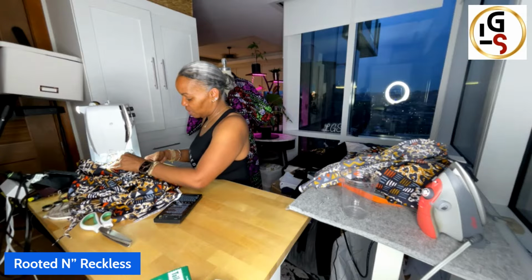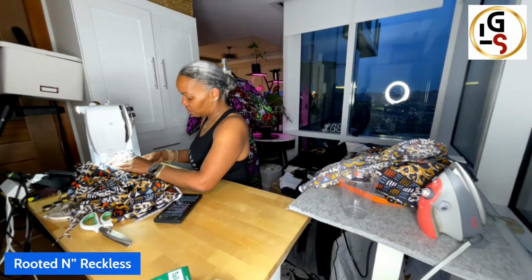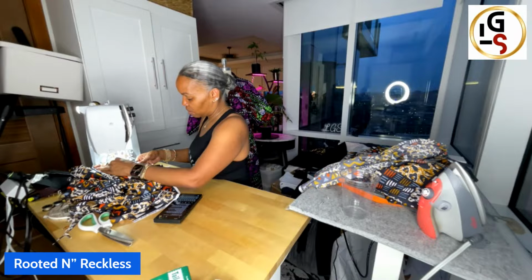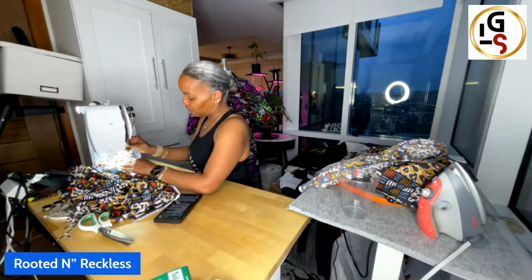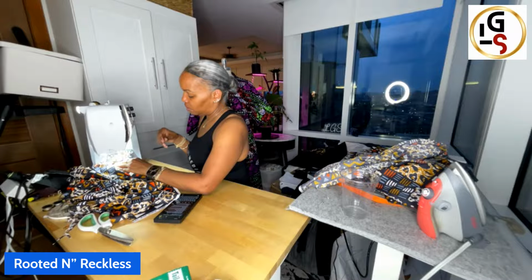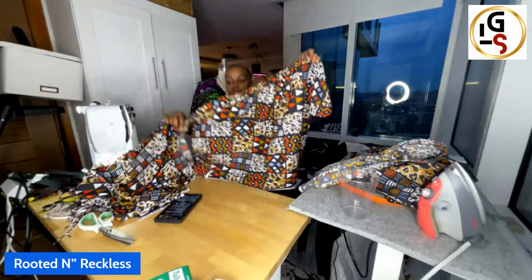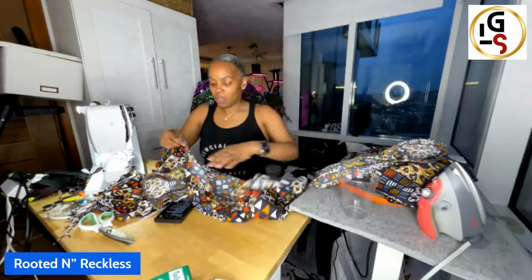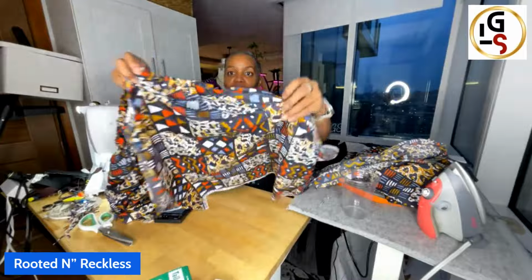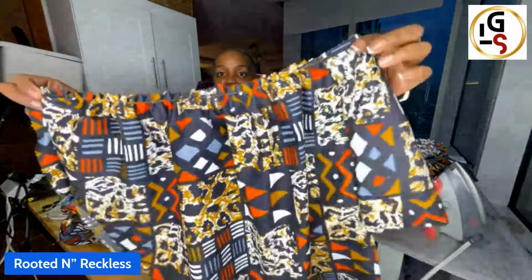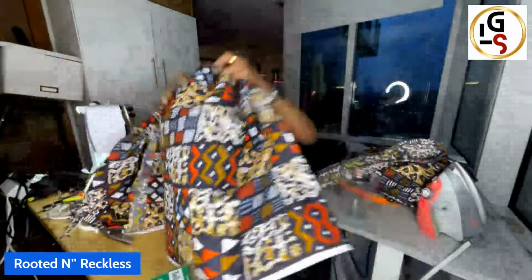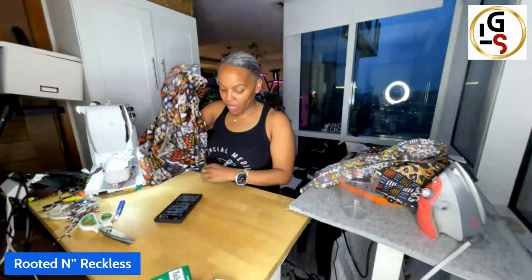Last little bit. All right. And these are the 2 back pieces. I've done the gathering on them, and this is the pocket right here at the end. So now that we have done that,